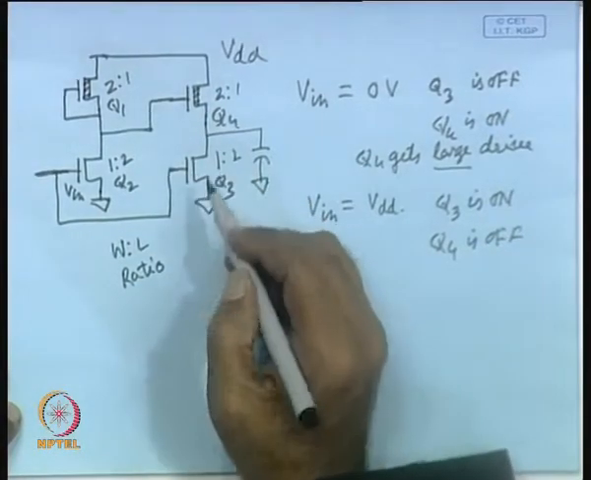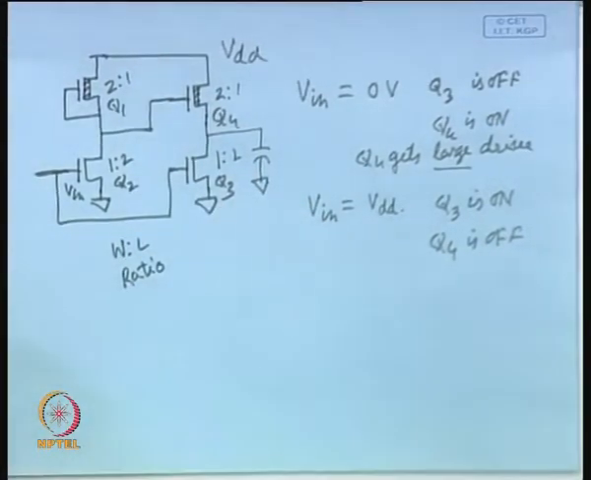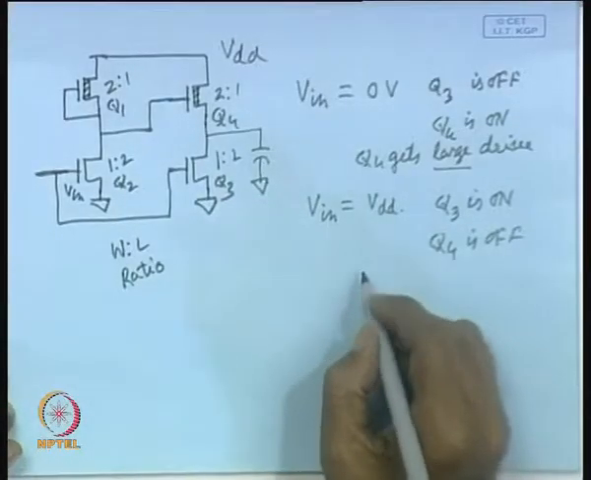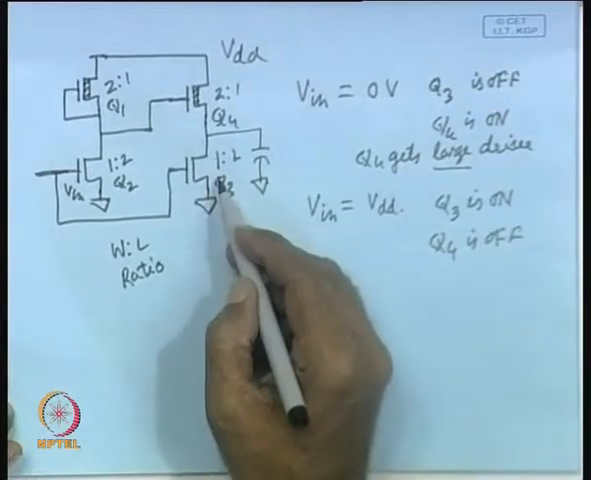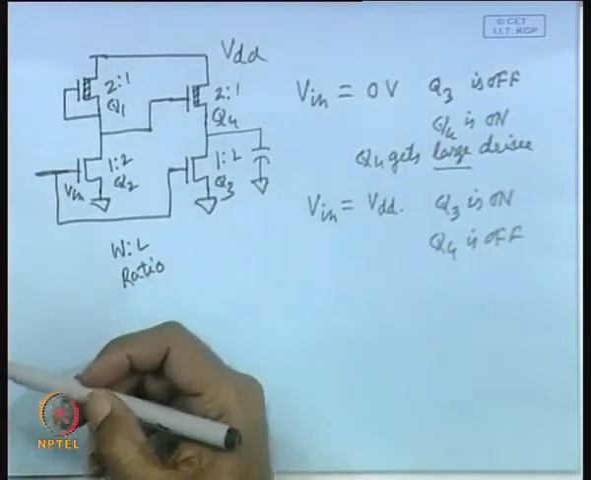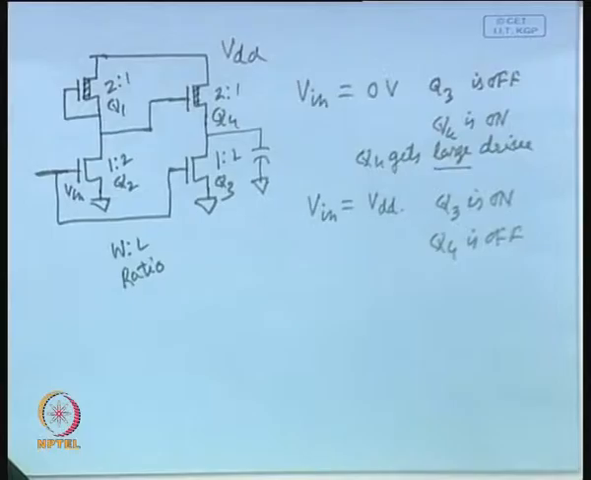So, what is happening now? The Q3 need not really sink 2 currents, one coming from the pull up device, another coming from the capacitor. So, as a consequence, this discharge time also will be faster. That means, in this particular gate we can see